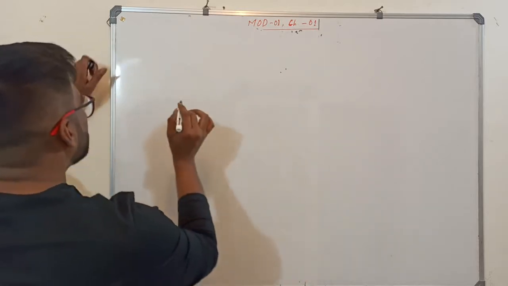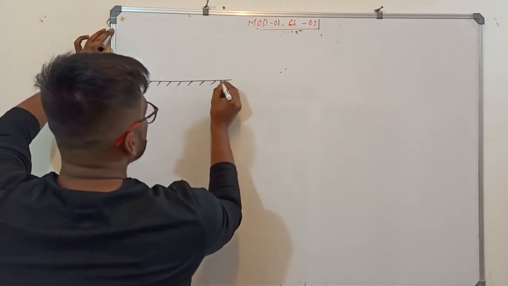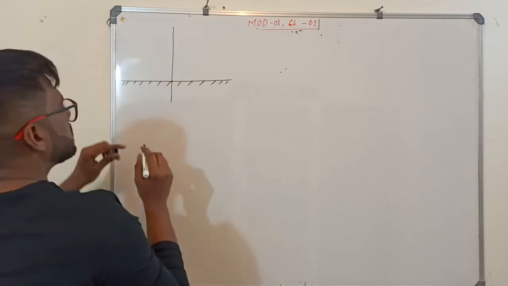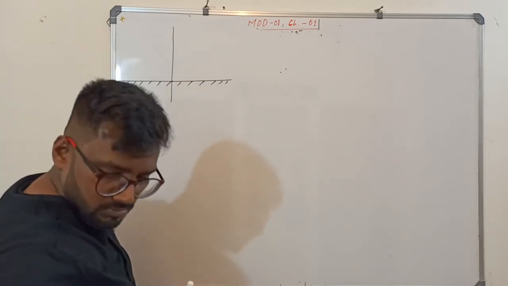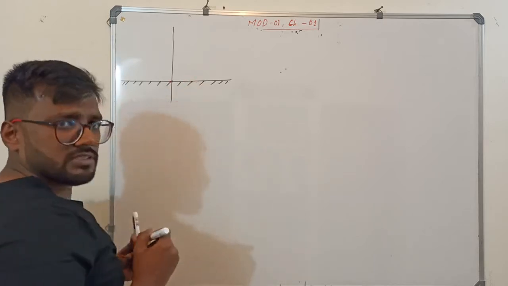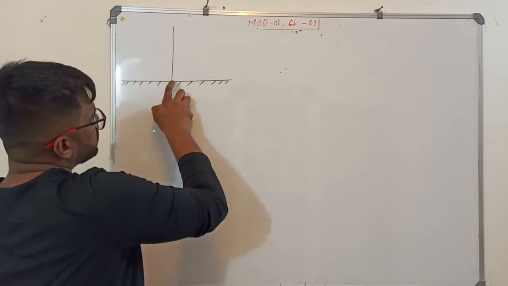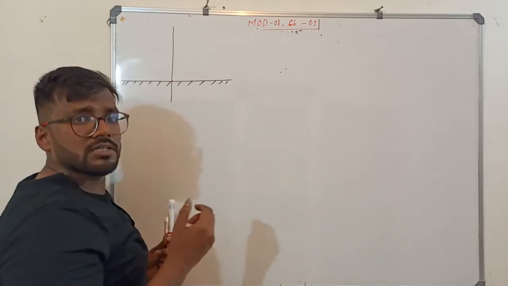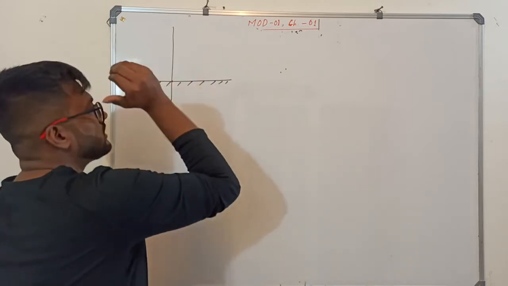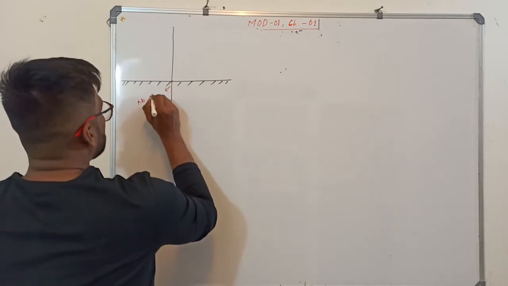Okay, now let's try and understand this a little better. So we have a surface here. What will be the velocity of the liquid which is directly on the surface? This surface is stationary, so what will be the velocity of the fluid touching the boundary? 0, because the velocity of the boundary is 0 and the velocity of the fluid touching the boundary is 0. This only we have studied: the no slip condition.